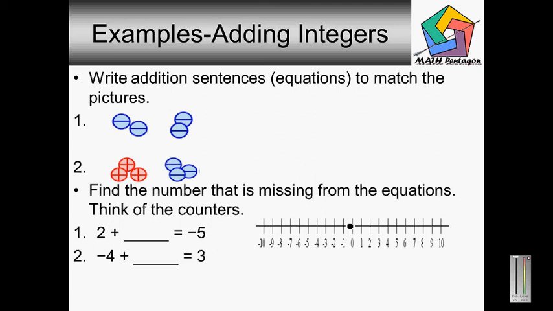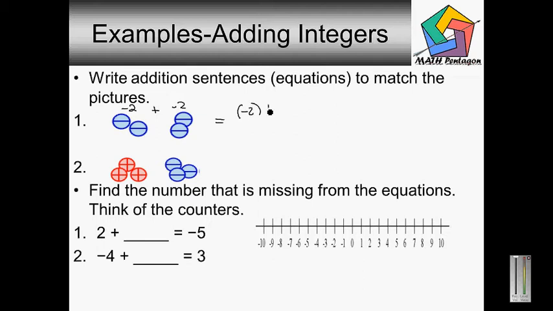Okay, let's do a few examples on adding integers, and the directions are telling us to write addition sentences or match the pictures. So we have two negative circles on the left hand side. So we put -2 here, plus, and we have two negative circles here, so it'd be -2. So we write it out,